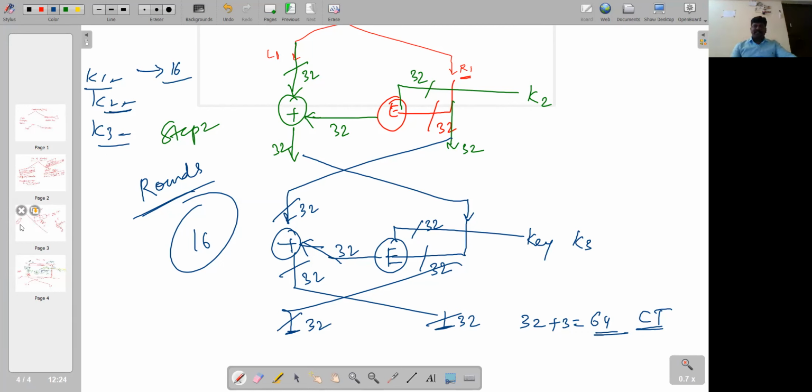As I mentioned in the previous sessions, our encryption technique, our cryptography security, will be based on the key size, or the key which we use. If we use different keys, the security will be more. But in order to generate different keys, there is a technique called subkey generation.